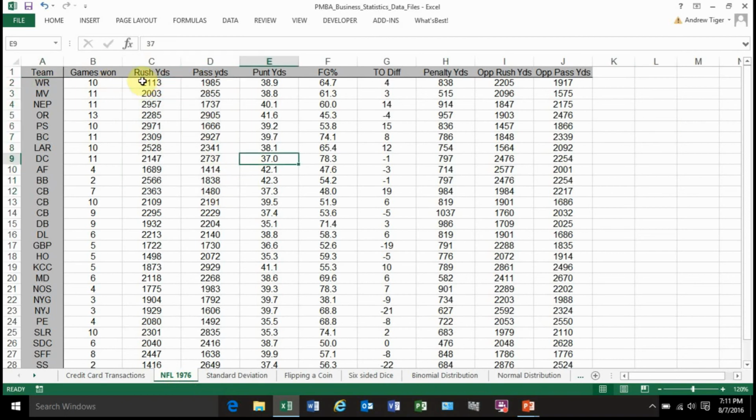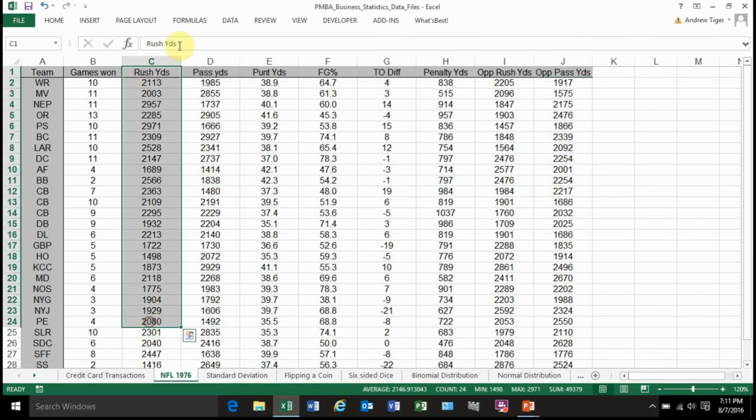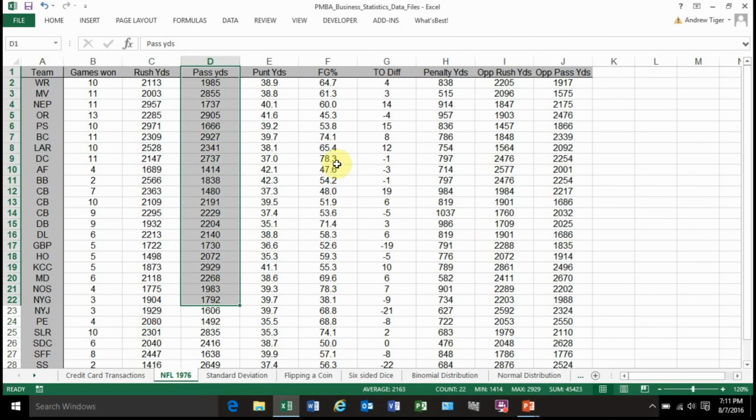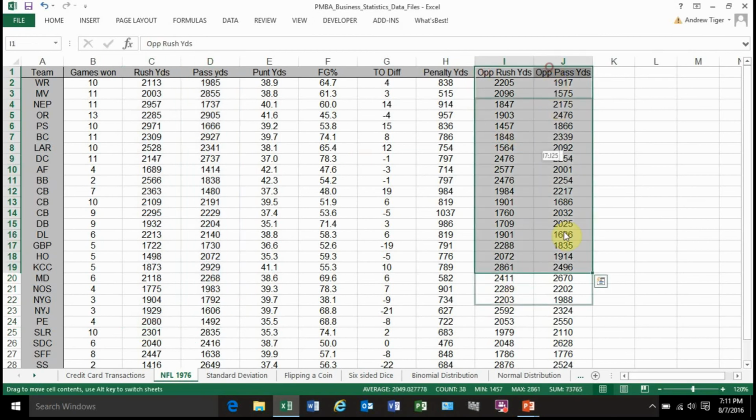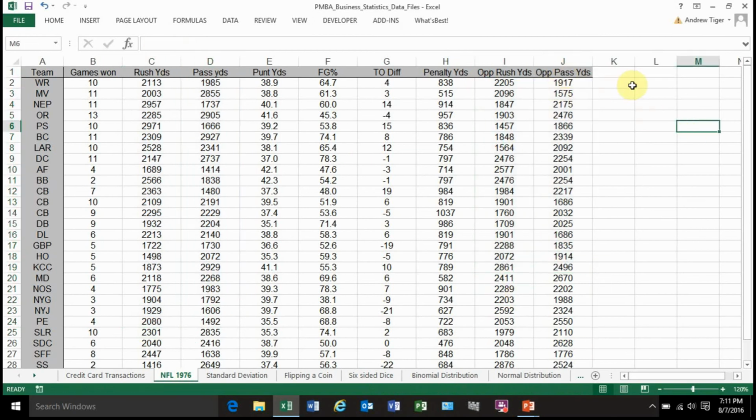So this is how well my running backs ran. This is how well my quarterbacks and receivers threw the ball and caught the ball. So these are my offensive stats, and these are my defensive stats. This is how well I stopped the run, and this is how well I stopped the pass. I want to see if this data is related to this, and I also want to know if this is related to this. So let's do that first.